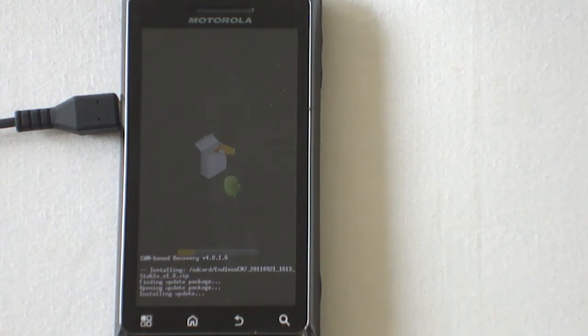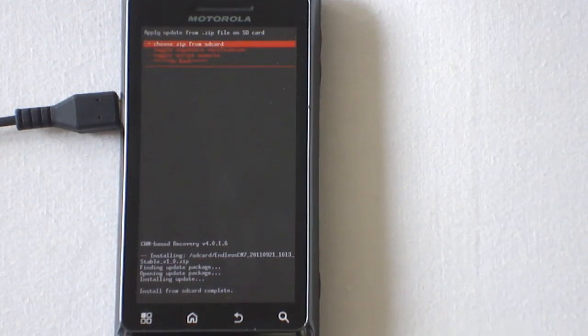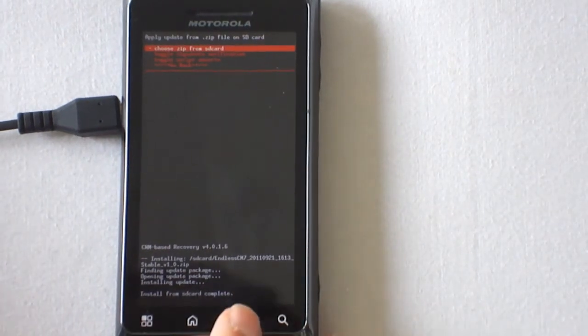It might take a couple minutes, so I'll leave it there whilst it does it. This is all you need to do, there's no more steps until I come back, so see you in a second. So when you're done guys, it will automatically go back to this screen, and basically just want to click the back button